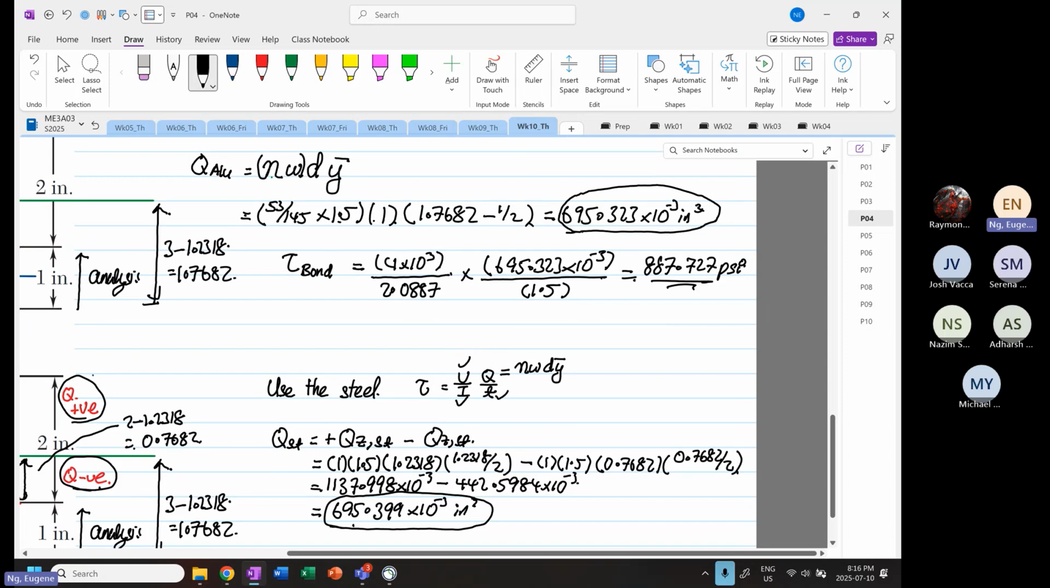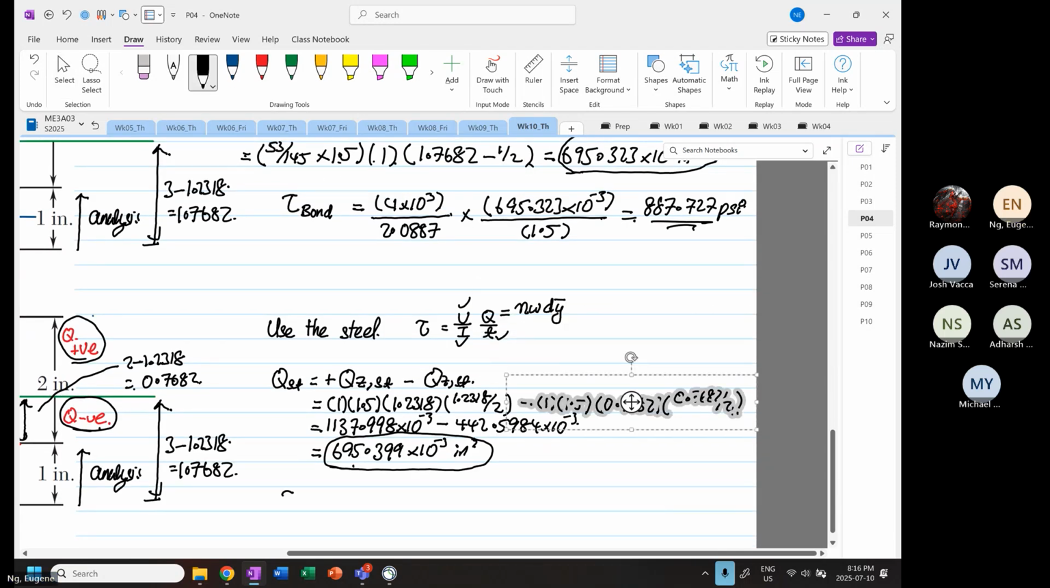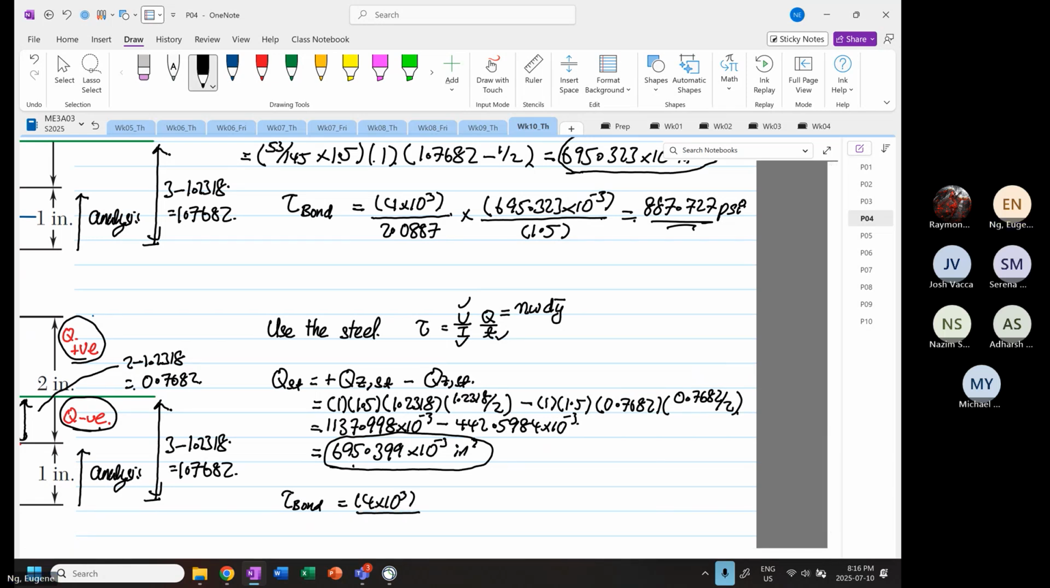Okay. So again, for the bond, you have 4 times 10 to the power 3 divided by 2.0887, multiplied by 695.399 times 10 to the power minus 3. Thickness held the same, 1.5. So 4 times 10 to the power 3 times 695.399 times 10 to the power minus 3, divided by 2.0887, divided by 1.5, and